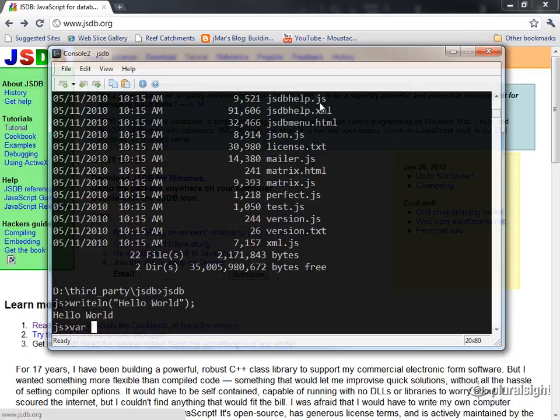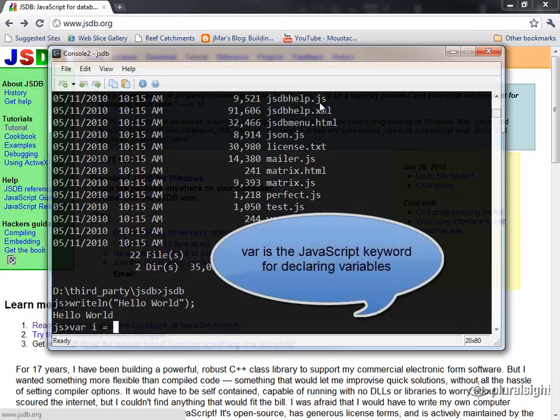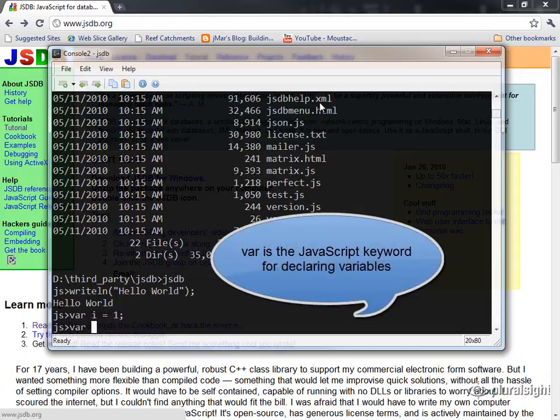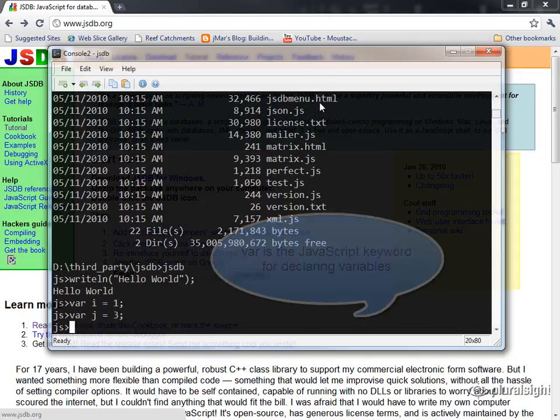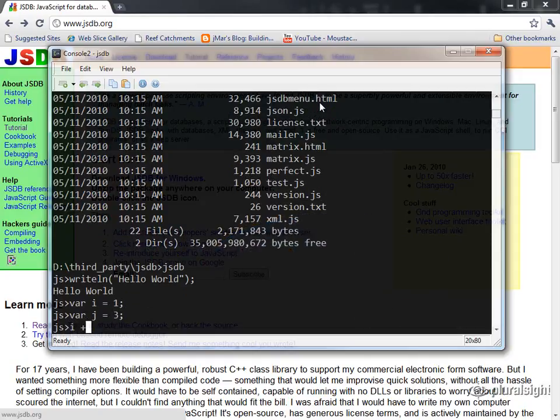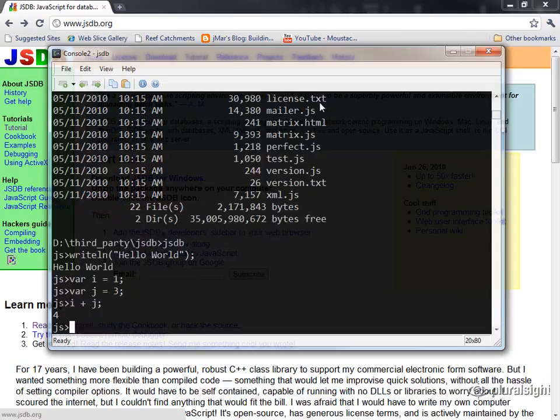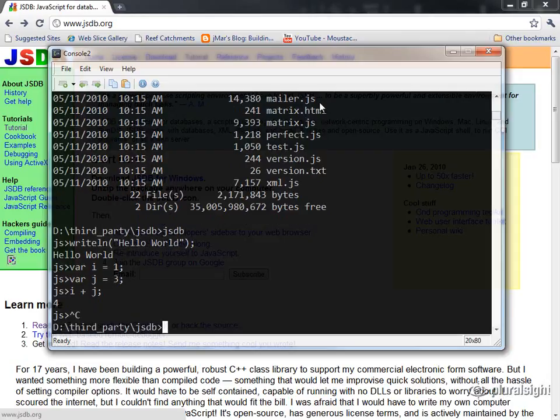Next I'll declare some variables. And try some arithmetic. And finally I can exit the REPL with Control-C. If you already have a script file that you want to run, JSDB can do that too.